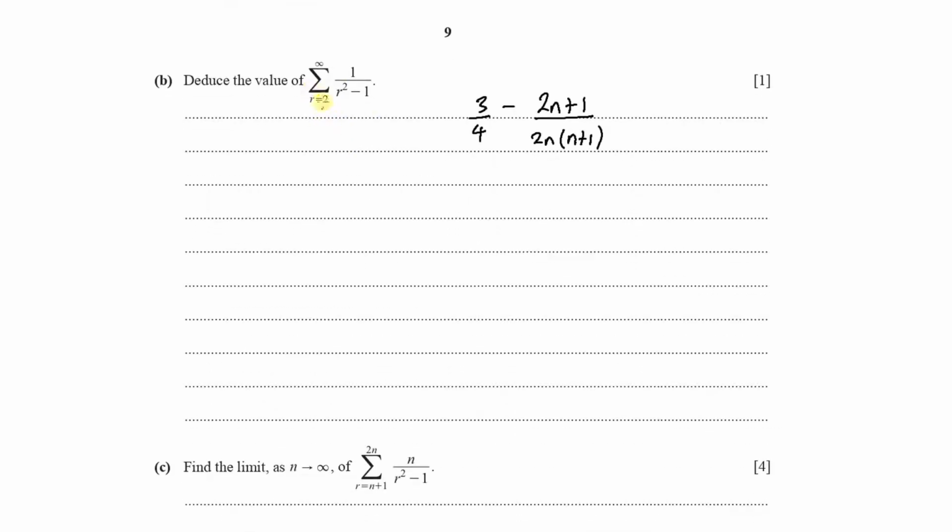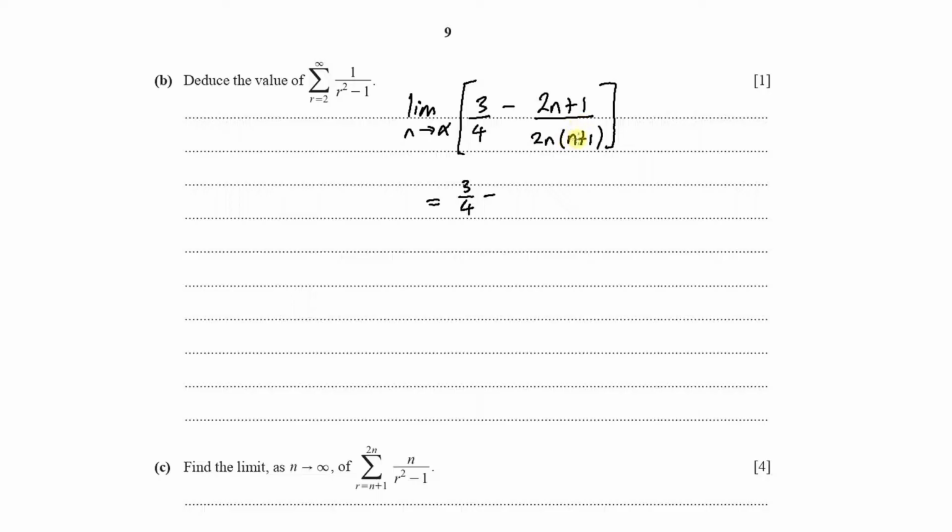And here they want us to find the summation from 2 all the way up to infinity. So this is the same as we're looking for the limit as n approaches infinity of this whole thing here. So this will come out as, for the constants, I'll just have 3/4 here, minus, and here for the limit